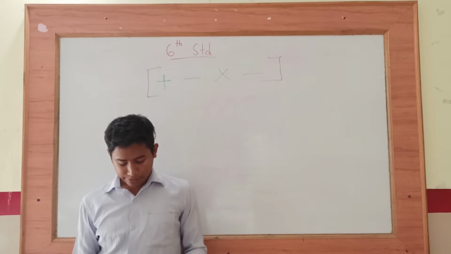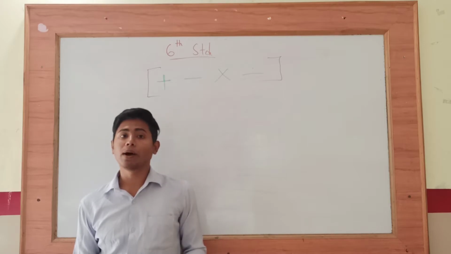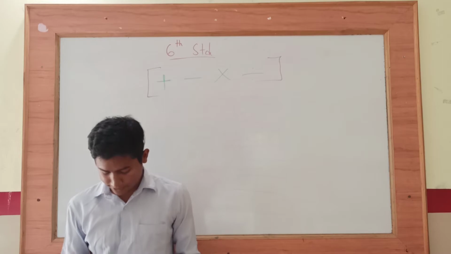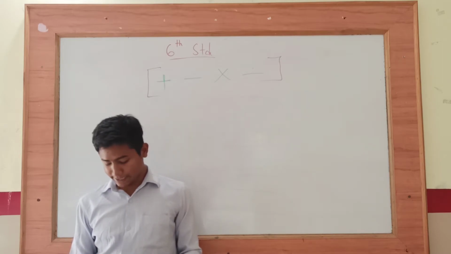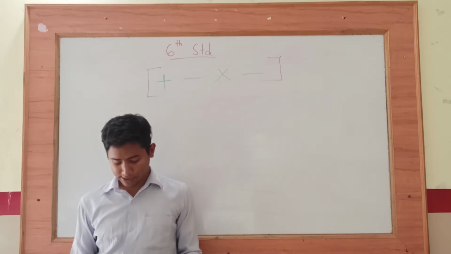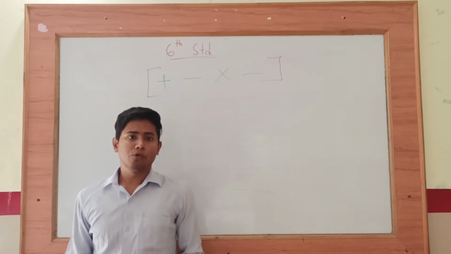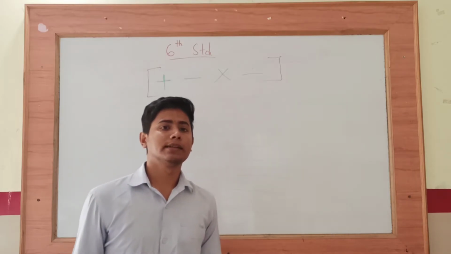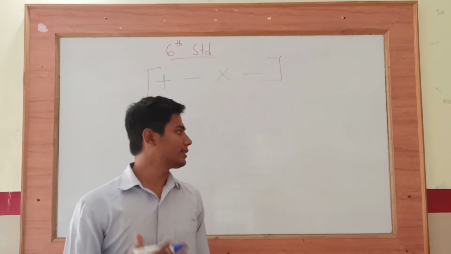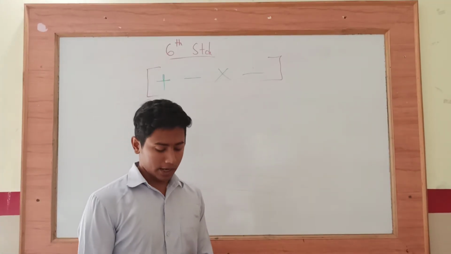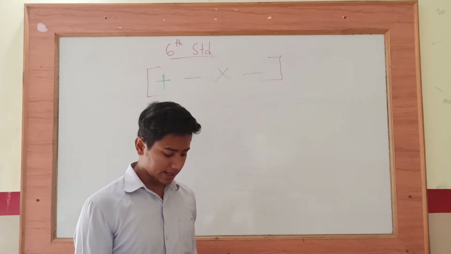A book exhibition was held for 4 days in a school. So one book exhibition was held, and it was held for 4 days in a school. The number of tickets sold at the counter on the first, second, third, and final day means that when you are going to see an exhibition, there is a ticket system. You should buy tickets, then you enter the exhibition. So how many days was it conducted? 4 days.